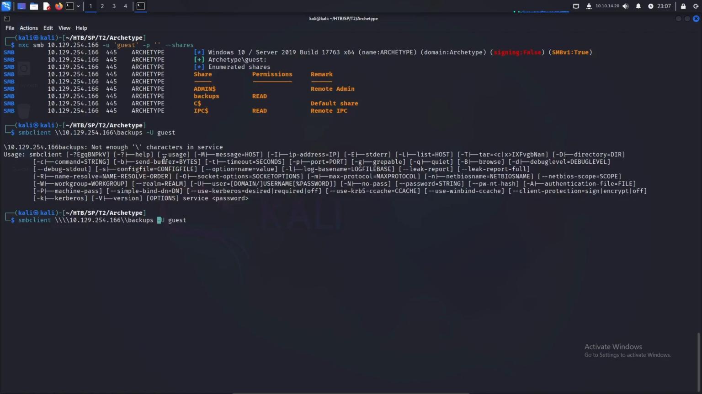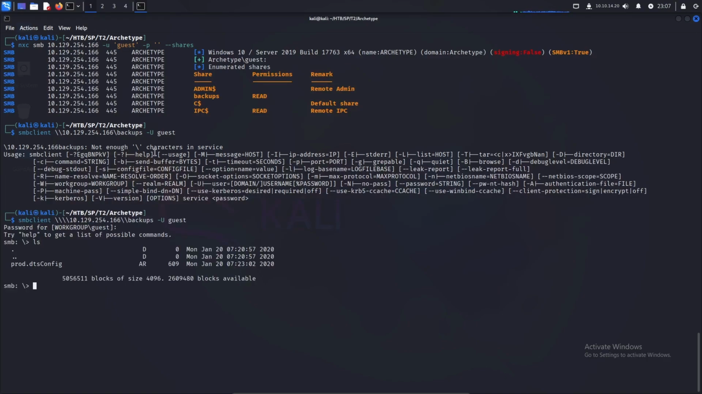Just to escape the backslashes. And then user as guest. And then for password, I'm just going to press enter because there is no password. And we get logged in to the SMB share. If I do a quick ls, we have